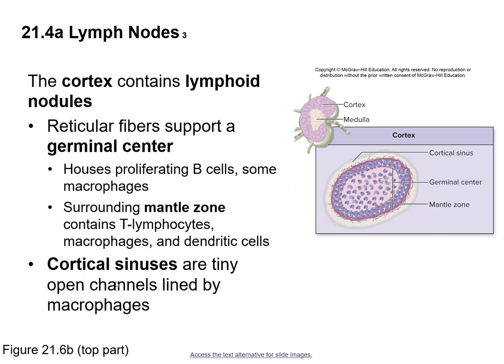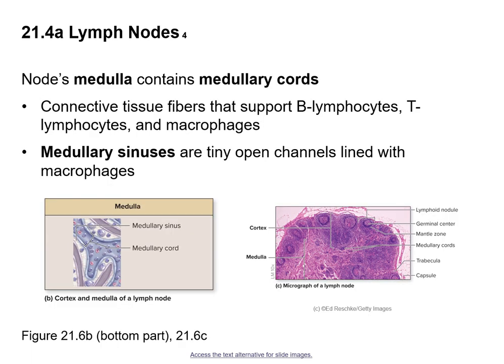And you've also got these sinuses. The sinuses are just openings where the lymphatic fluid can flow through as it's entering the lymph node, right? So again, in the cortex, these germinal centers are packed with B cells. Deeper in the cortex, you have T cells. And then when we get down to the medulla, you have both B and T cells, right? So in these medullary cords, you contain both B cells and T cells, and you have more sinuses,